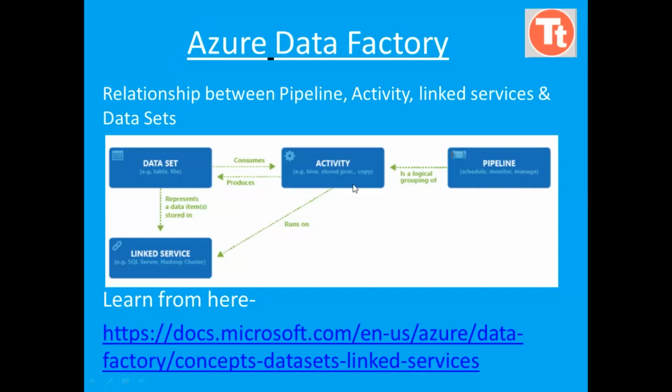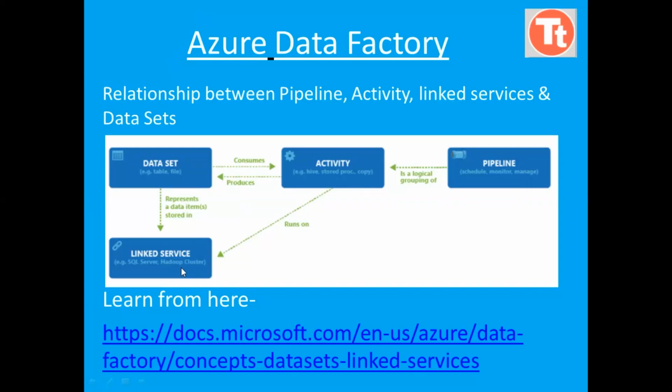So to perform any task, we need a pipeline, and in the pipeline there are many different activities to perform execution on the data. And for an activity, we need datasets. Basically, an activity consumes the data, does the transformations, and produces the output datasets. And to connect to the dataset, you need linked services. So the activity connects through linked services to datasets and performs the activities when we execute the pipeline.